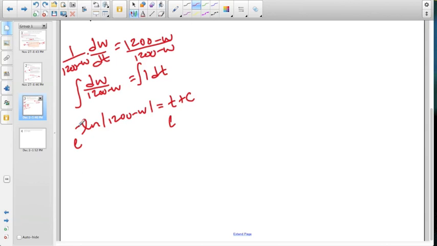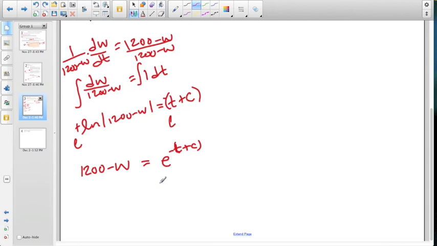This in front of the exponential. And before I do that, what I really should have done is get that negative value on the right-hand side, and that helps us with the algebra a little bit. So we have 1200 minus w equals e to the minus t plus c,